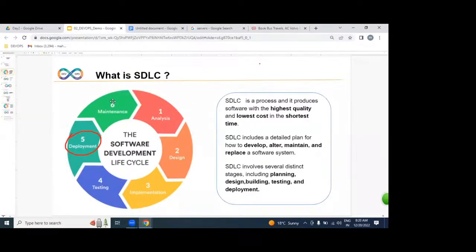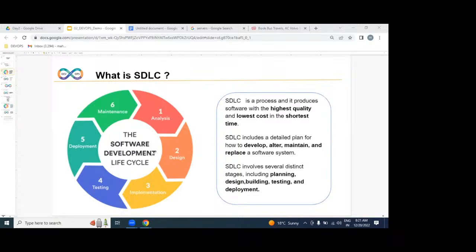This entire process we call what? SDLC. In SDLC, each and every IT employee is involved. Not only the DevOps engineer. It is the AWS admin, Linux administrator, developers, testers. We're all together as a team. As a team, we are producing a website.